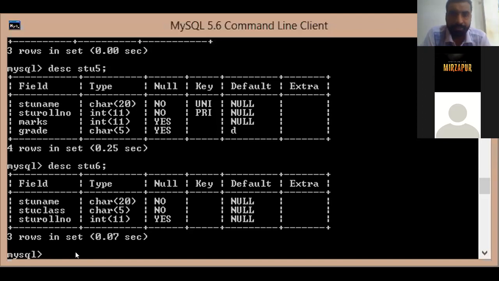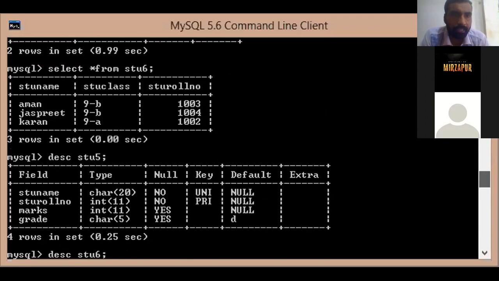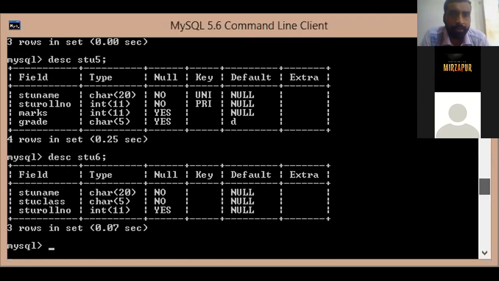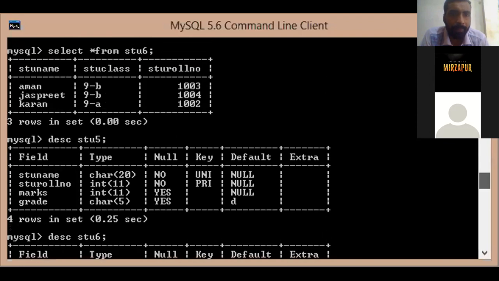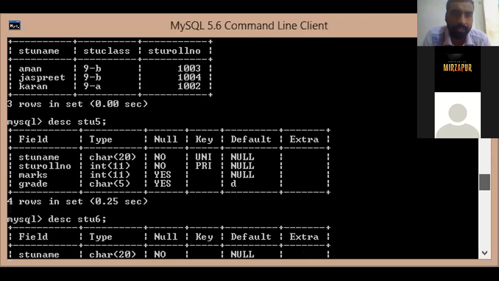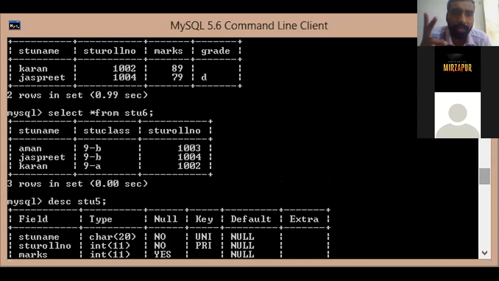See here, first, STU name is unique. In both the tables we have two names matching, Karan and Jaspreet. Two names are matching, but here the unique property is applied. So there will be a problem in this.